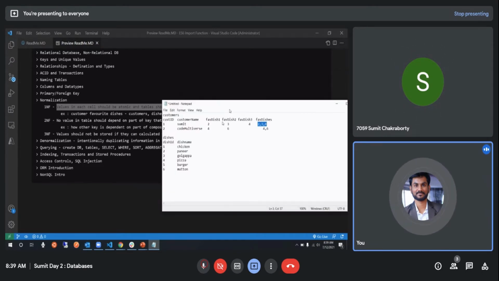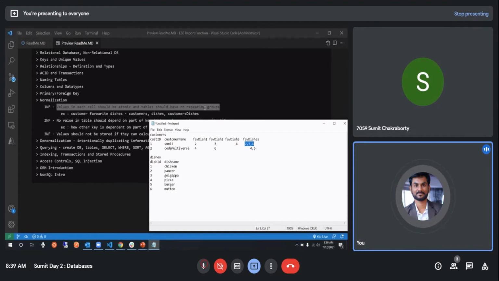But what does our second part say? It says the table should not have repeating groups, because it's a repeating group, right? The same group is repeating now: favorite dish 1, favorite dish 2, favorite dish 3, the same column is repeating. The same column or same row should not repeat. So that's about your first normal form. So how can you fix this? You just create a new table called